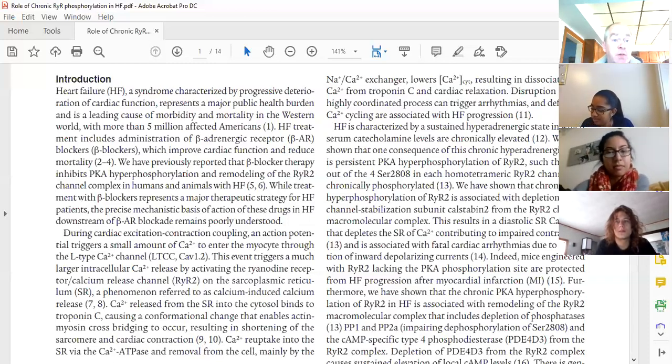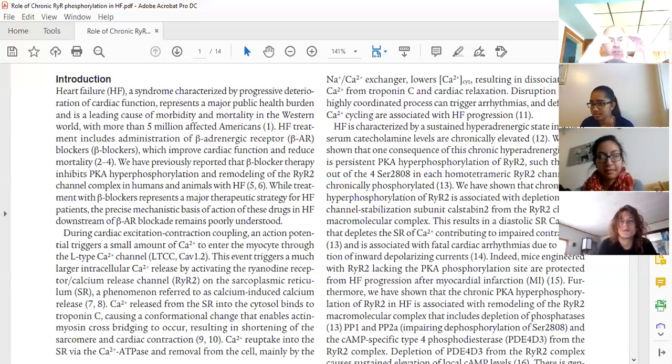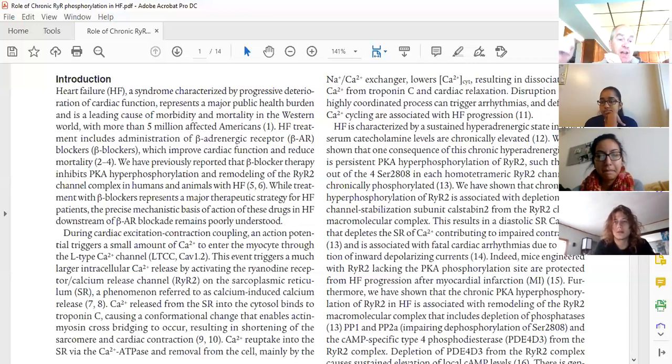Homotetrameric: homo, same; tetra, four; meric, units, right? So the ryanodine receptor is four identical units that come together. And serine 2808, in one of those units, the 2808th residue is a serine, and that's a phosphorylation site, okay? So they're saying that at least 3 of the 4 of them are